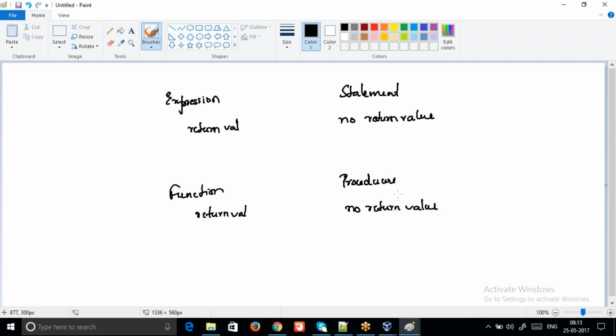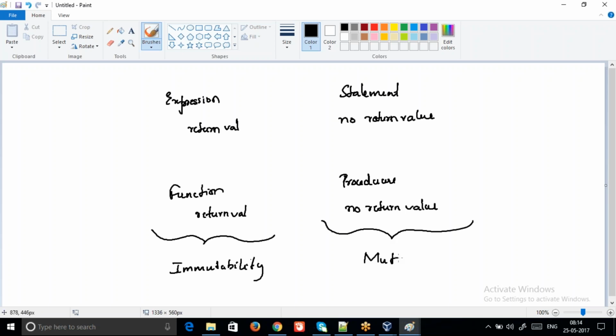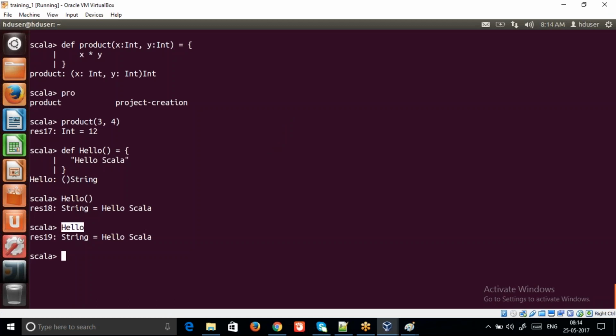So finally, both the things boil down to mutability and immutability. And this is nothing but mutability. So you don't need to go into the jargons. It's all about mutability and immutability. If you have a function which does not return any value, it is called a procedure. We usually use it to do some mutability things. So we can define a function, say log, and